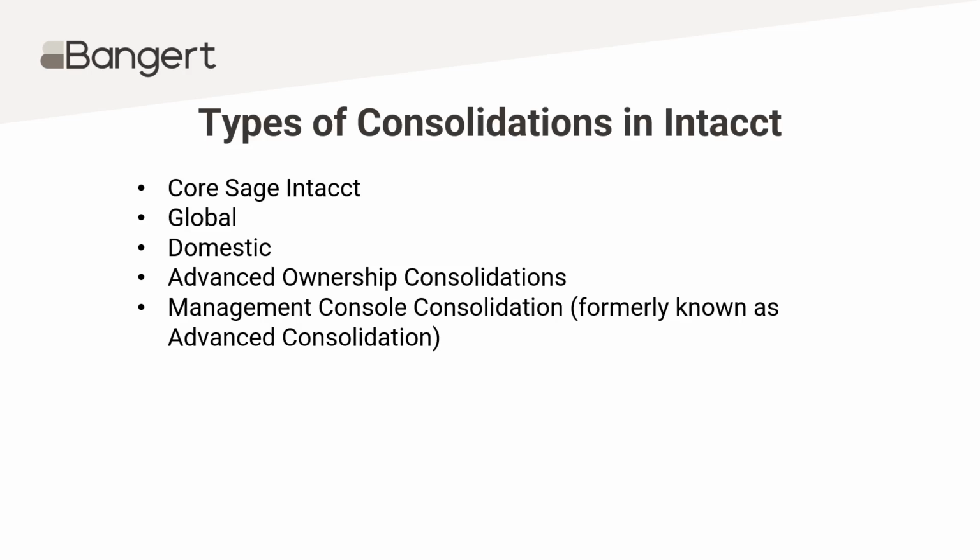So if you have a company ID of, let's say, ABC company, and then I sign in as me, and then I'm going to do a completely separate sign in as XYZ company in my company ID, and I'll have a set of entities as well. That is the management console consolidation. So if I want to consolidate my ABC companies under that sign in to Intacct and my XYZ companies, and I have completely different charts of accounts in those 2 Sage Intacct instances, then management console consolidation could be useful to you. Okay.